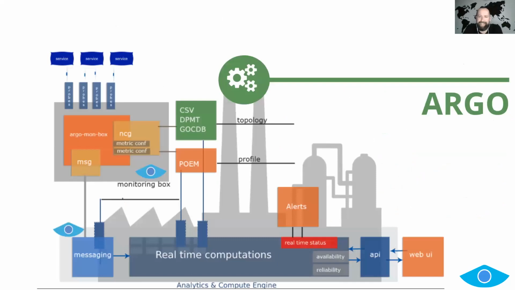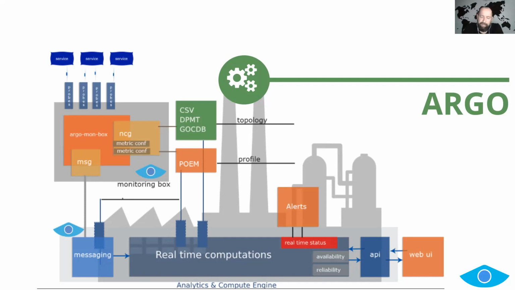Now, here's the factory that does the magic. It looks really complicated. And as we like to say, once you start explaining it, it gets even more complicated. I'll try to emphasize the most important bits which are relevant for all the actors in the Argo and EGI world, and explain how you fill in what you need to fill in and where you find the information that you need to find. So the picture is big. I'm going to go step by step.